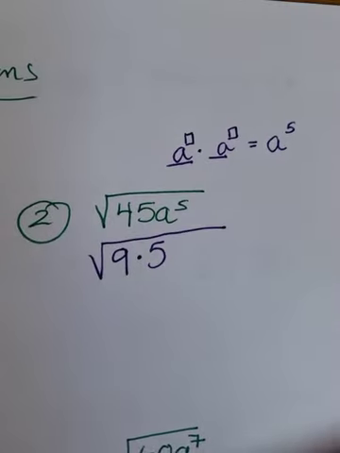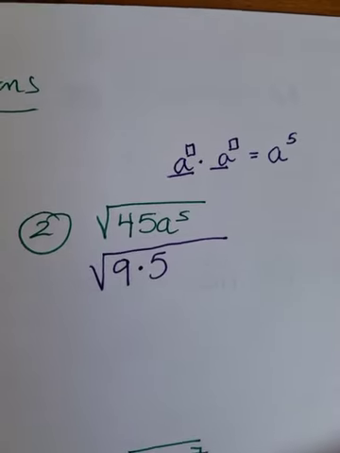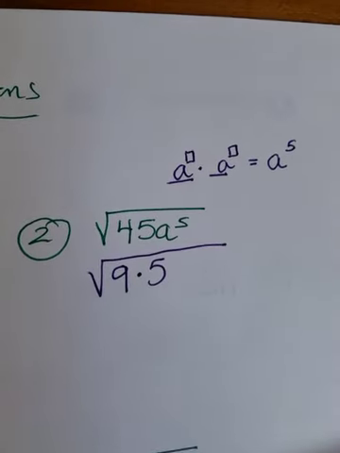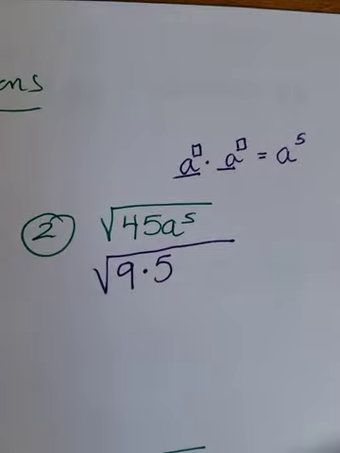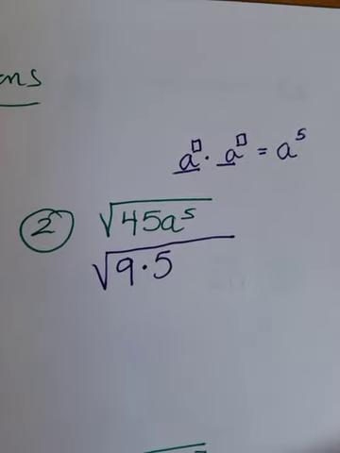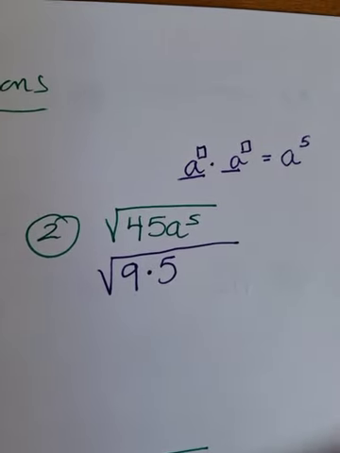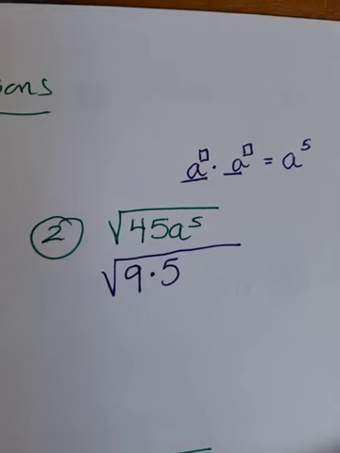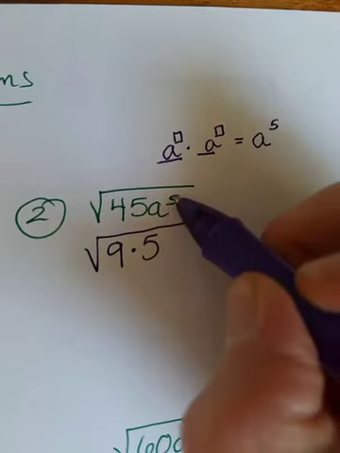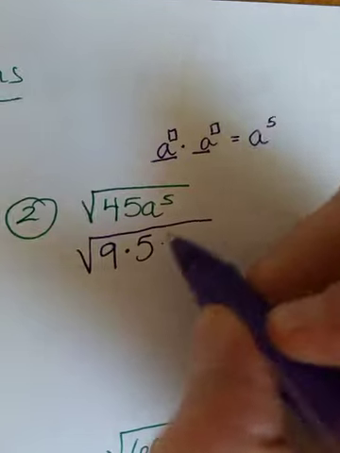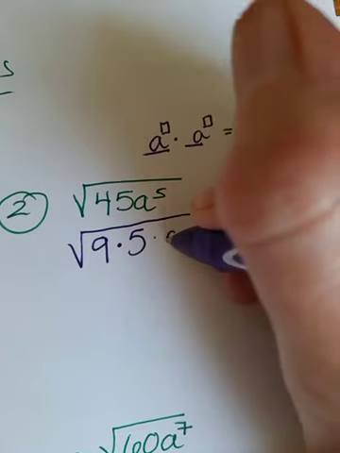So, do we know what that is? No, it would be a decimal. It would be 2.5, but we don't want that. So we need to basically rewrite a to the 5th as a to some power that you can take the square root of. And so a little trick is that if you have an odd exponent, you take that variable